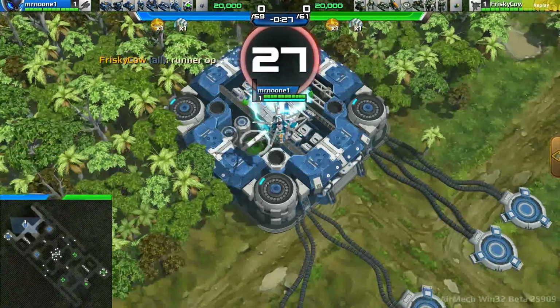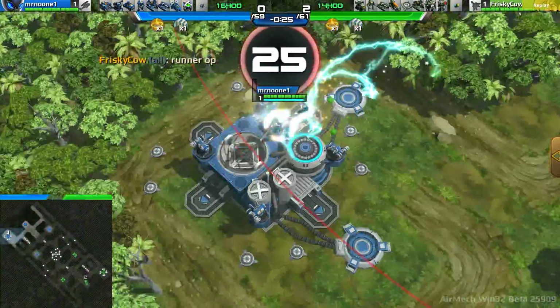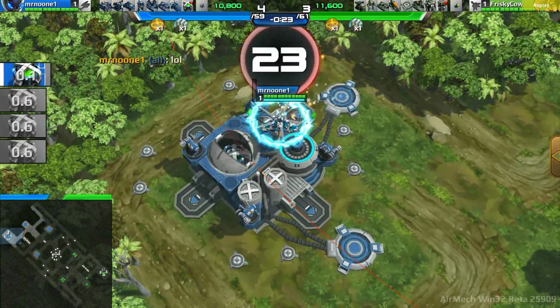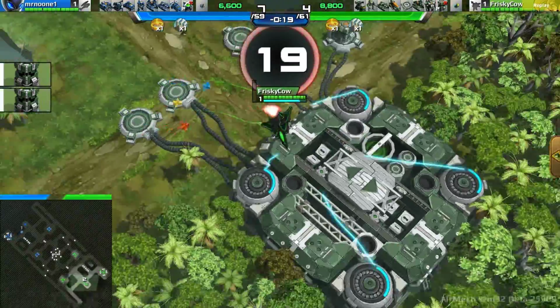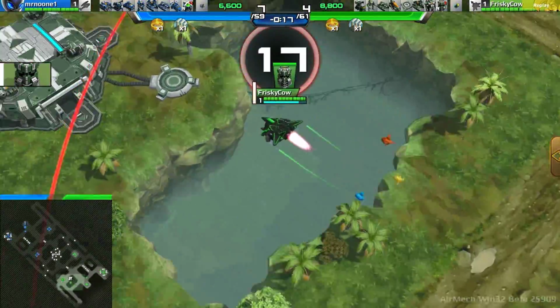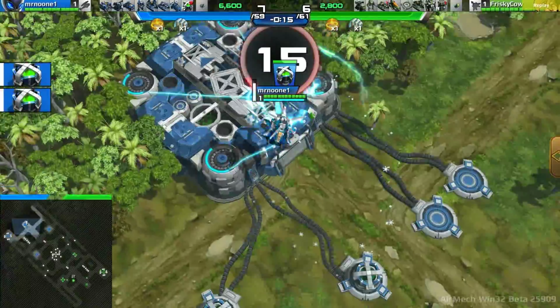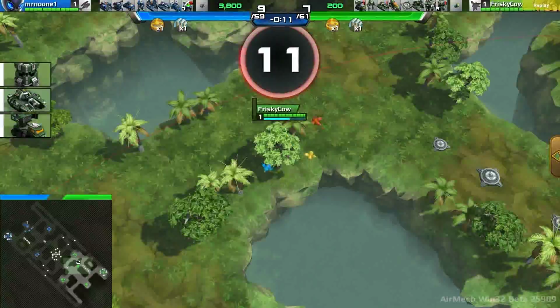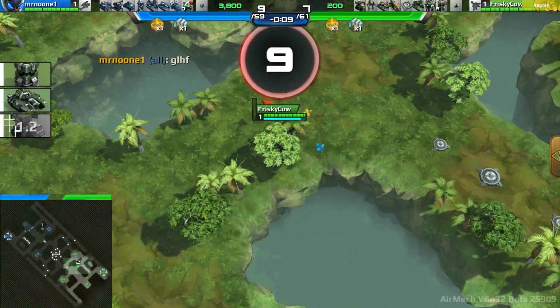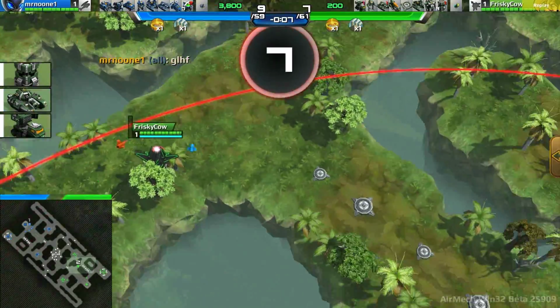Alright, here we go. This is a custom 1v1 on Duel between the blue player in the upper left, mrnoone1, in the brand new Pax Helix, and his opponent, the green player in the bottom right, FriskyCow in the Black Ops Striker. And this is a special game. mrnoone1 has been hosting quite a lot of lobbies called No Meta, and FriskyCow does look like he's going Striker